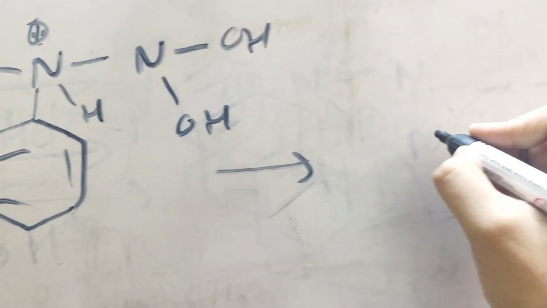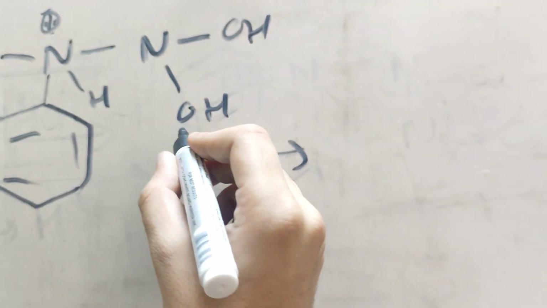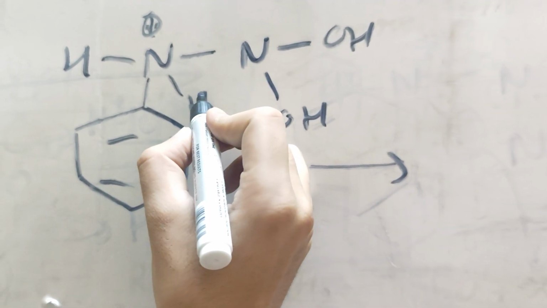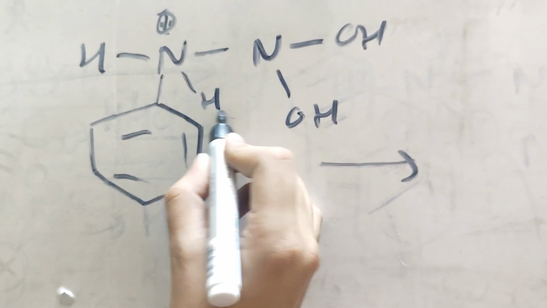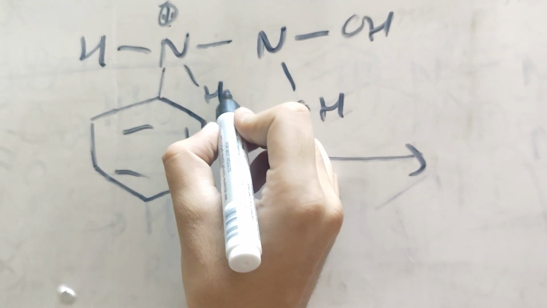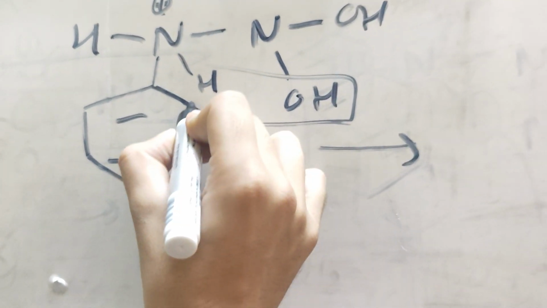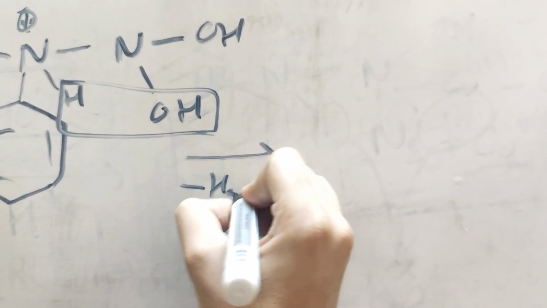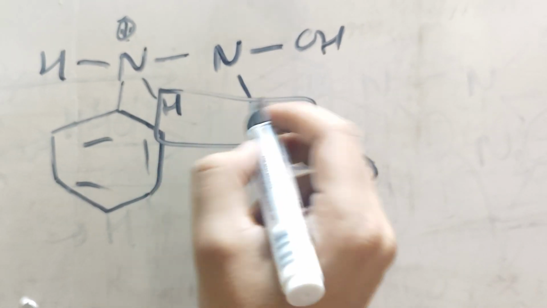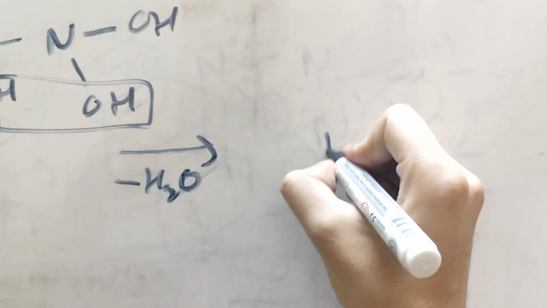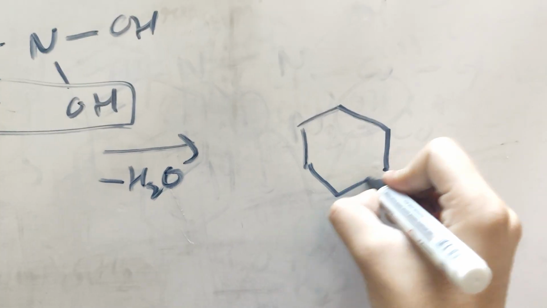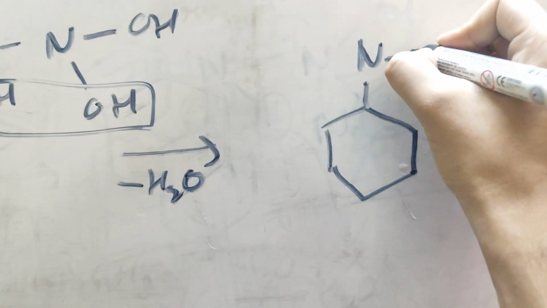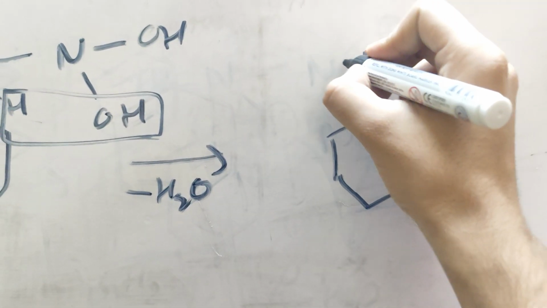So to stabilize itself, one hydroxyl group will be leaving with one of the hydrogens from this. So these two will be combined and leave. So minus H2O, this leaves, and the intermediate that is again formed is